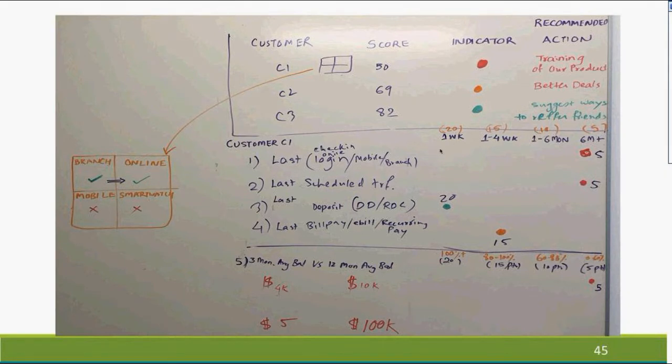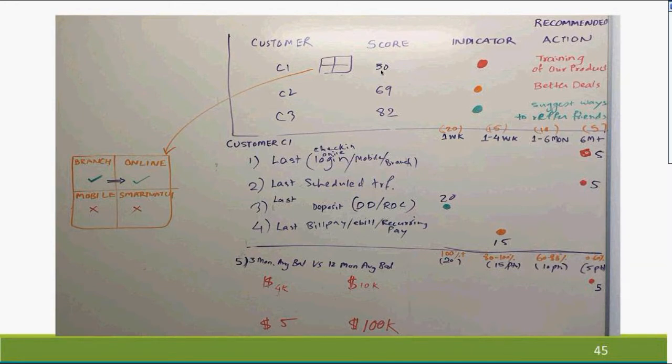The more frequently he does it, say once a week, the more interactivity and engagement he has, right? If he hasn't touched it for 6 months plus, probably he's gone to another bank, is more loyal to that bank, or is thinking of closing this account. Very common. So that's a very basic rule-based thought process. Based on these, points were given and they add up to some numbers, right? That's just some random numbers.